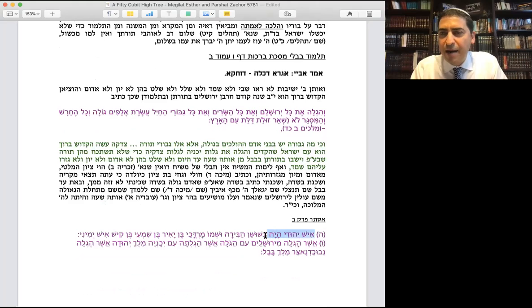Ish Yehudi haya, a man who saw a world before and a world after, who is now in Shushan Habira. Here's his name. He was exiled from Yerushalayim with the galut of Yechonia, Melech Yehuda, whom Nebuchadnezzar, Melech Bavel, exiled. At the time of King Yehoiachin, Yochoniah is his other diminutive name. He was brought among those people, because who's one of the giborei koach? Mordechai. Mordechai, who has to do with this 50 amma high tree,